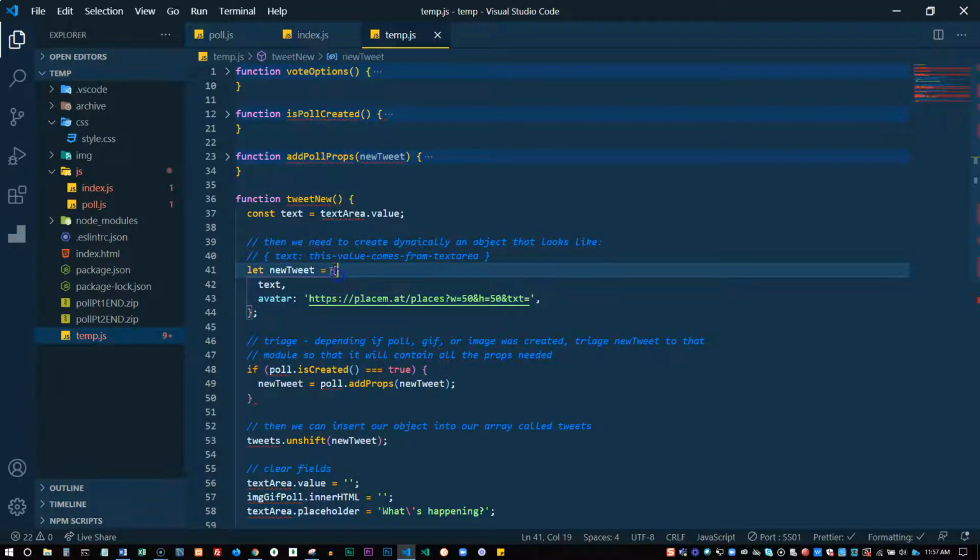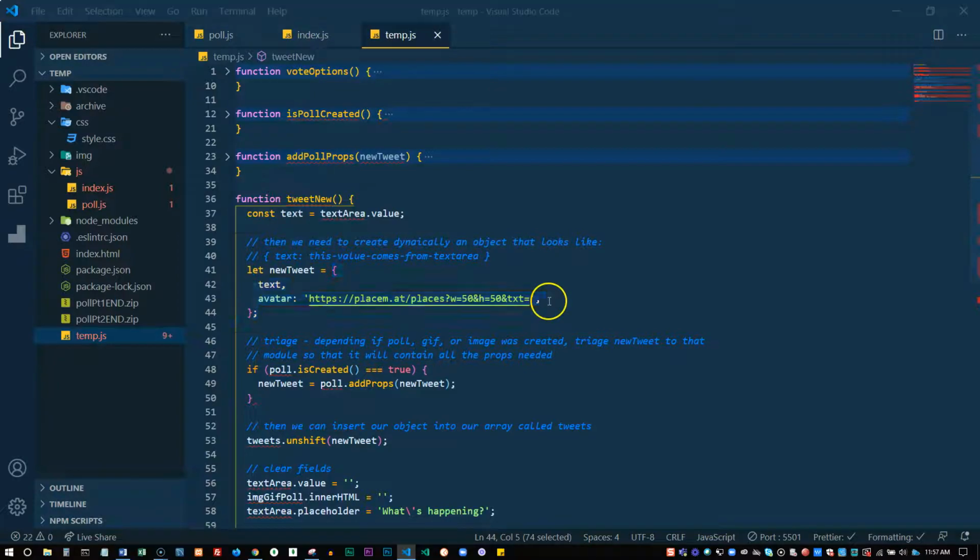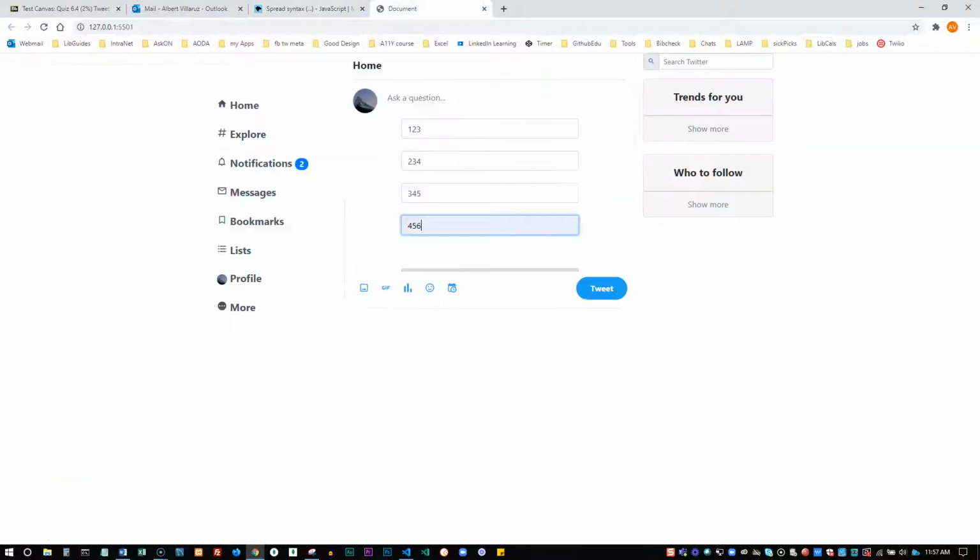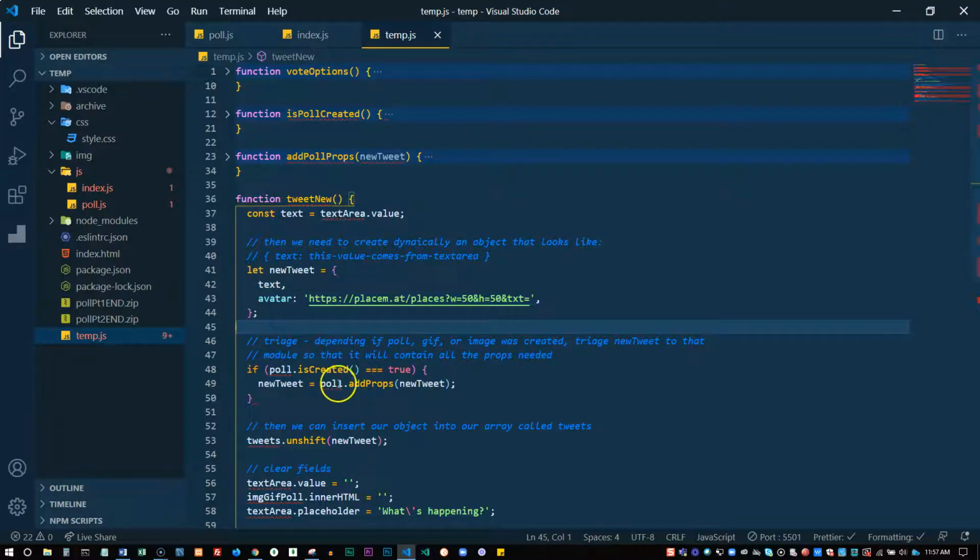Remember back when we were tweeting emojis and text, we just had a very simple object with the text, which included the text and the emojis and the avatar. Well, I want to also stick in this object some more properties. Basically, I want to stick in there the values here from the input boxes. So at the end of the day, this function here that I called add props, it's going to pass in our old object, which is this, and this function is going to transform this object so that this object is